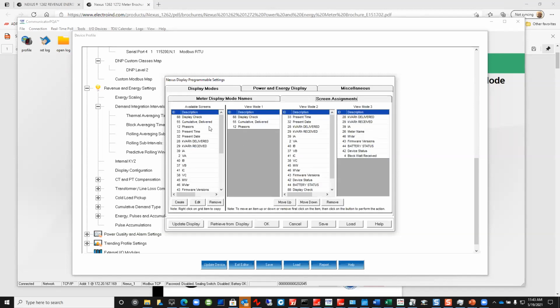So these are the screen assignments. That's really a big part of what we wanted to get to. This is what you'll see available for your choosing. For this meter, view mode 1 is only showing display, cumulative energy, and phasors, but you can choose any one of these